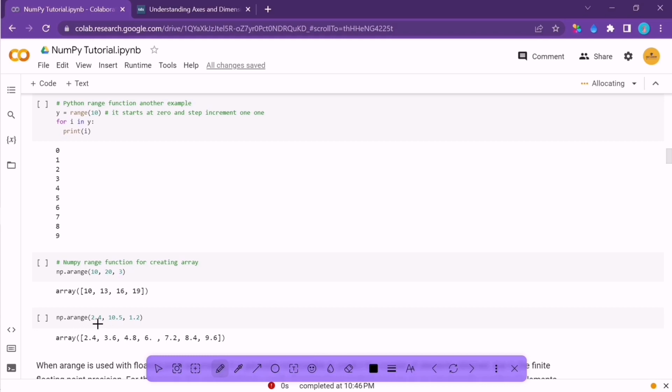Now if you want to use floats, then you can also create that array, but what happens is you do not have control over the number of elements in your output when you're using floats here, 2.4, 10.5, and you are specifying this step size of 1.2. So the output here is like any number of elements. You do not have control over the output. To get rid of that situation,